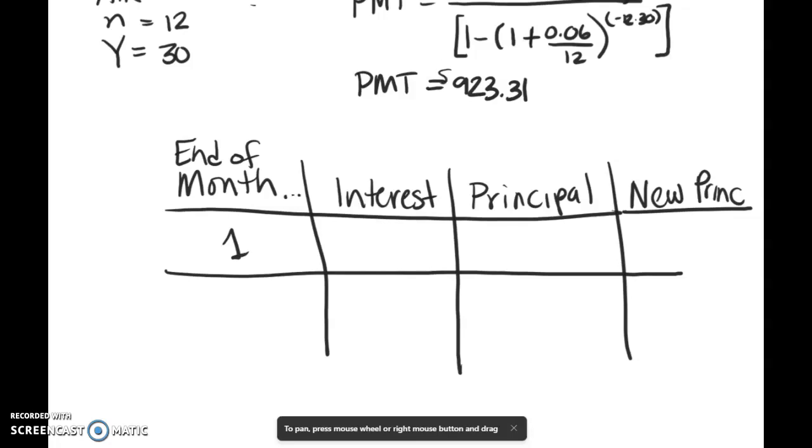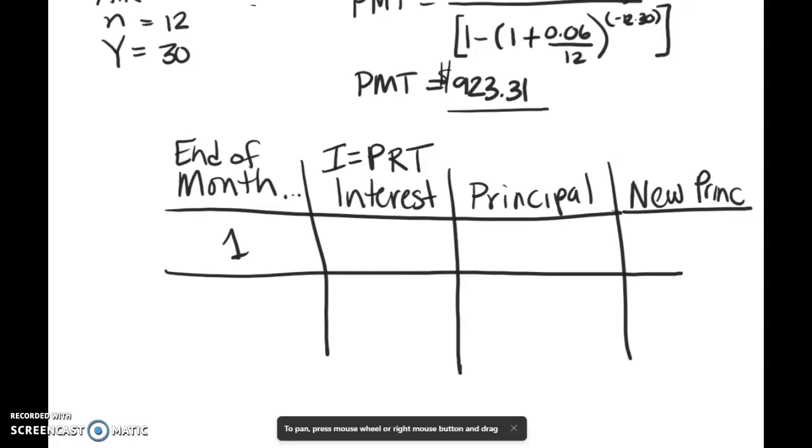Now, to figure out the interest, this is the payment. That's not the interest. But part of this payment goes towards interest. And to figure out how much that is, we are going to use the simple interest formula. The simple interest formula says you take the principal, you multiply it by the rate, you multiply it by the time. So in this case,